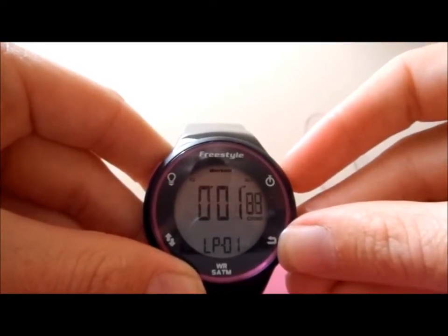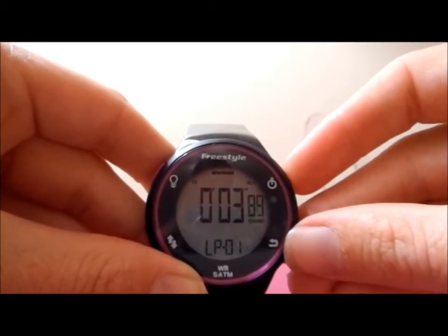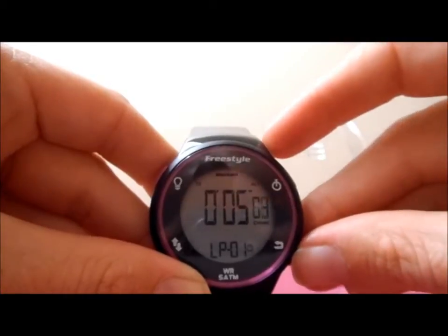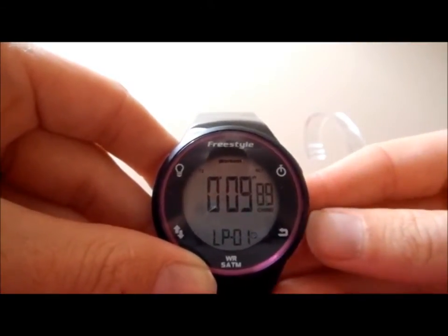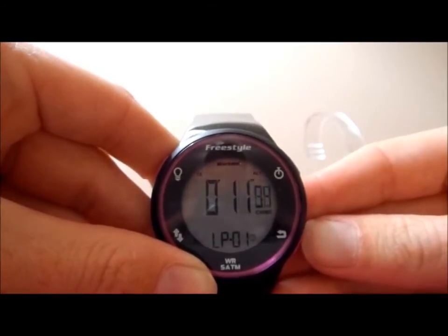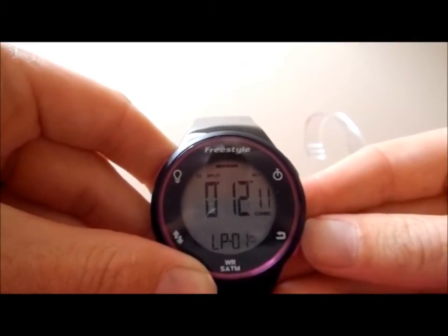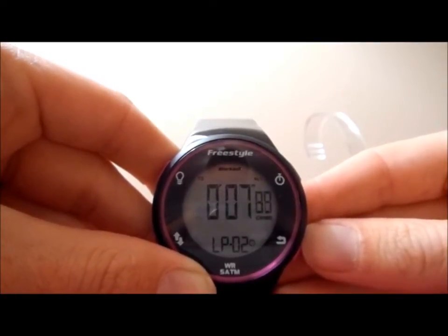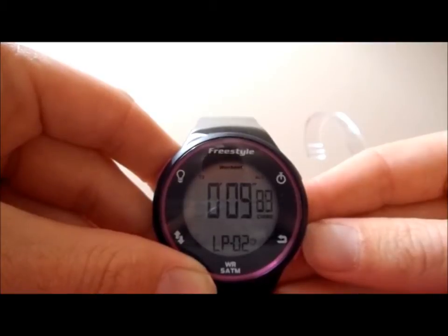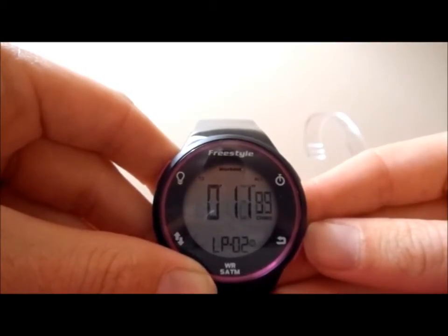So by pushing this button right here in the upper right hand corner, I've started the stopwatch. Now to get laps, I will push this button right down here. So there's a pause so you can see the lap split, which is great. And then the next time that you see appear on the screen is the running current split, not the overall